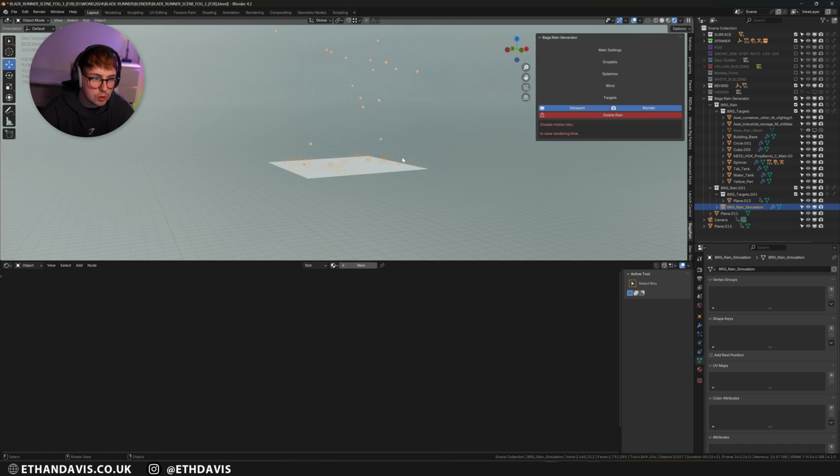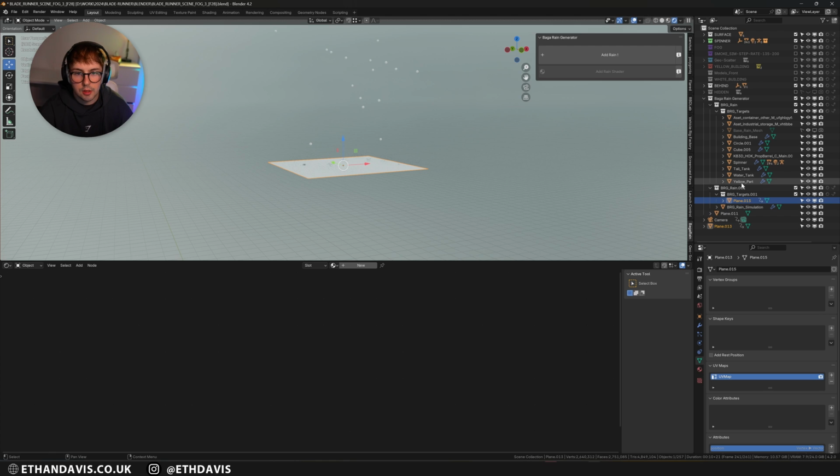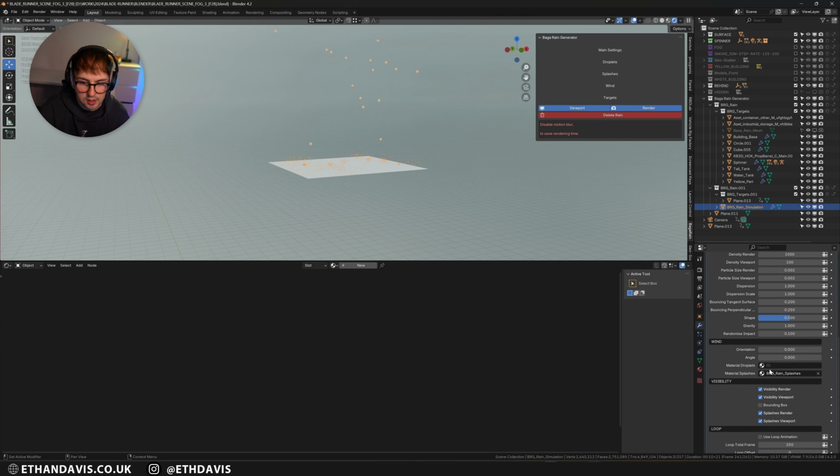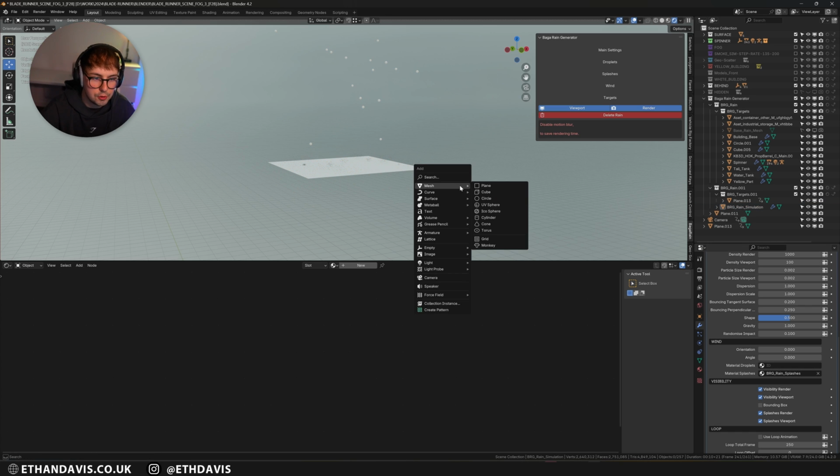So what I did was I found the droplet material that I actually used. If you go down to the material of the actual rain, you'll see it's using splashes, and you need to actually select one for droplets.